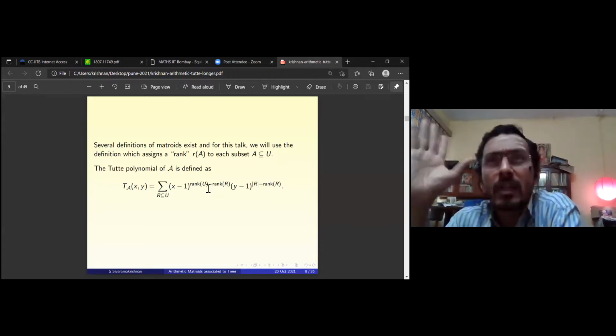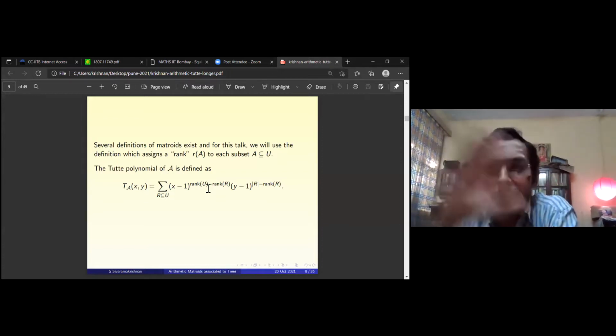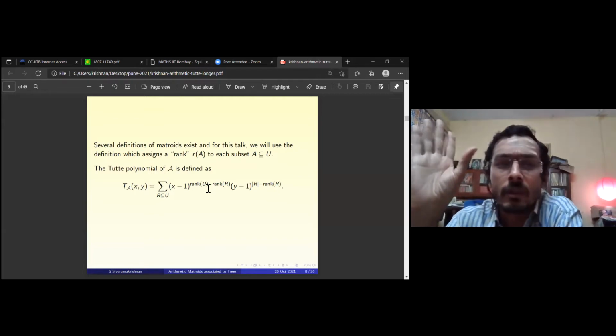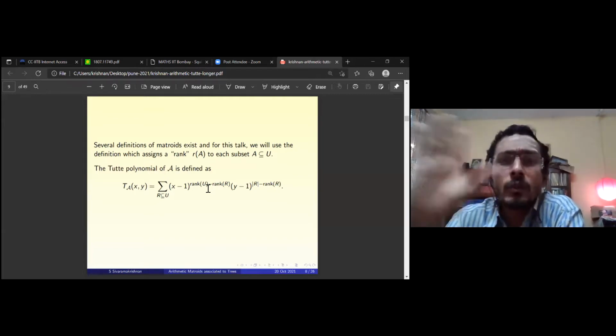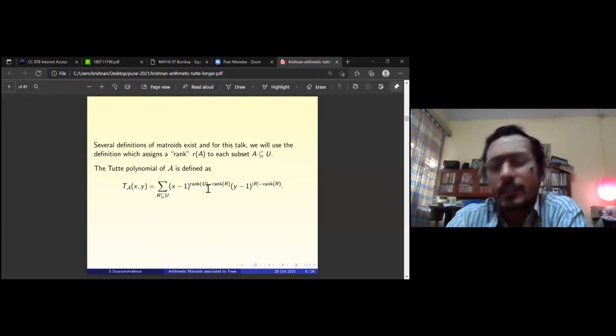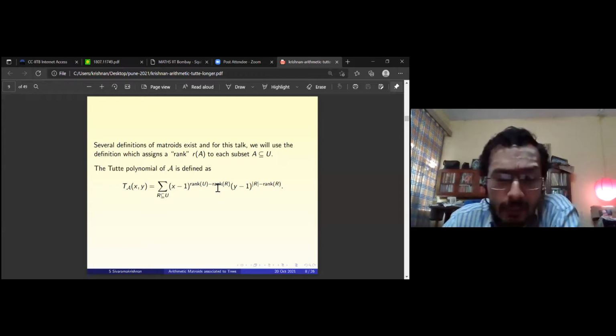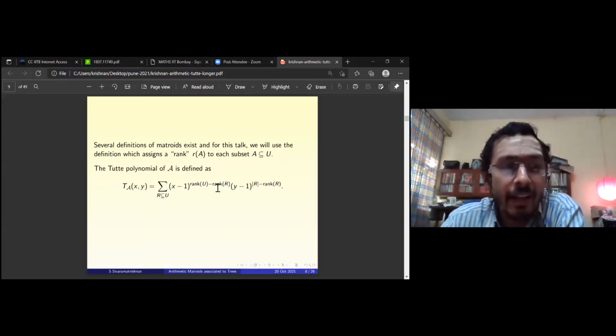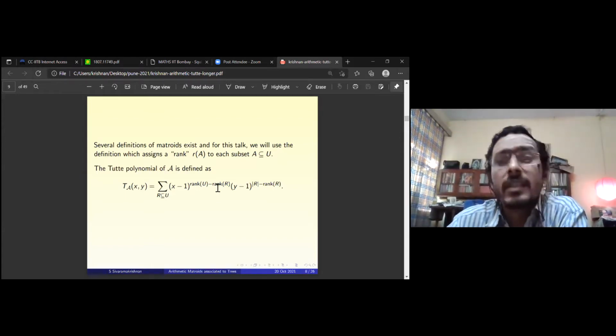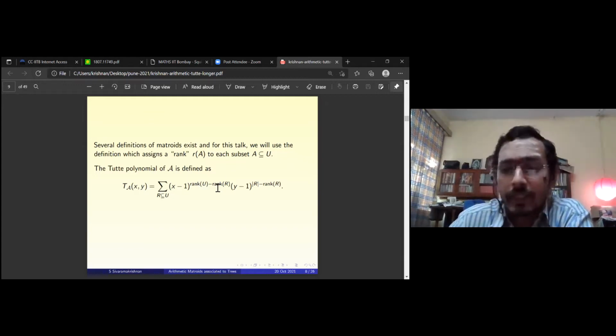What I want to say is that it's not hard. It's not as if it's some tough theory, like local cohomology, where you require some 2 years of study before you come up to speed with understanding the terms. It's not like that. It's very easy. The basic things are very easy, and it involves things that you know, like rank or linear independence. So that's what I wanted to say about the Tutte polynomial. This is the definition of the Tutte polynomial.